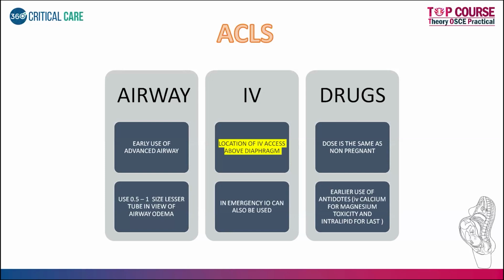Okay, the other one is IV drugs. The first and important thing in securing IV access is it should be above the level of the diaphragm. Okay, because again, if the gravid uterus is present, if the circulation is not going, then most of the drugs would not be circulated properly. So that is one of the practical reasons why they say secure an IV access above the diaphragm. Okay, if you're not getting it, emergency IO access, that is your intraosseous access, can also be used. Okay, dosing is very similar to what is in a non-pregnant patient. There is no change in doses for the drugs. Okay, the most important thing you have to remember is, one is the size of the airway should be less. The other one is IV access you should secure above the diaphragm.